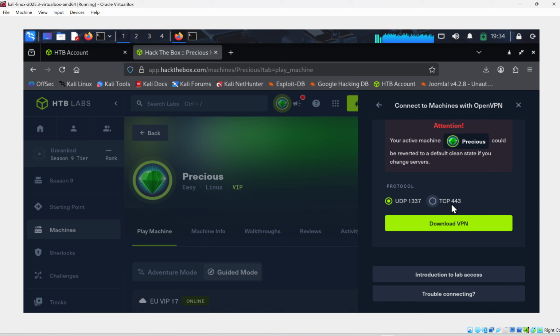Once we have a target IP, we'll press connect. We're going to go to machines. After machines, we're going to go to this tab, OpenVPN. Then we're going to scroll down. Then we're going to have two options